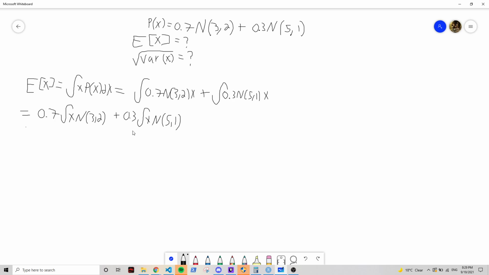So notice that these integrals are just the expected values of these normal distributions, which is very easy because the expected value of a normal distribution is just the mean here. So really what this boils down to is 0.7 times the expected value of this normal distribution plus 0.3 times the expected value of this normal distribution,